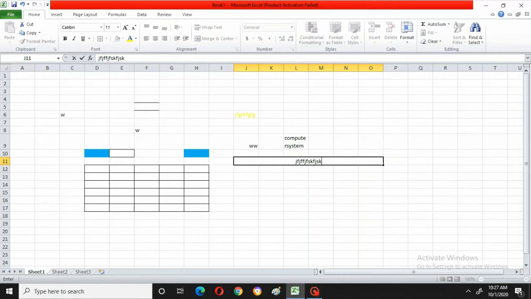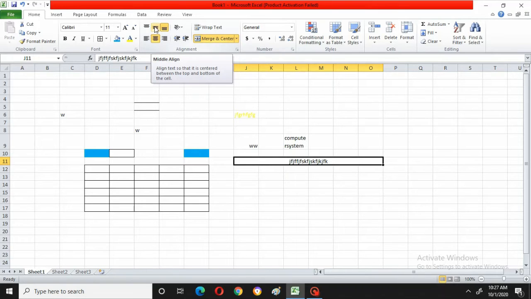Now suppose I will type something in that. Now what happened? Can you see here? See, automatically this is center, it is showing, this is getting highlighted, and that is bottom. Now I want it a little bit in the middle. You might have seen the difference here. See, it has been lifted up a little bit. Now I will show you top align. Just observe the letters in the cell. When I click on it, what happens? See, it has changed a little bit.